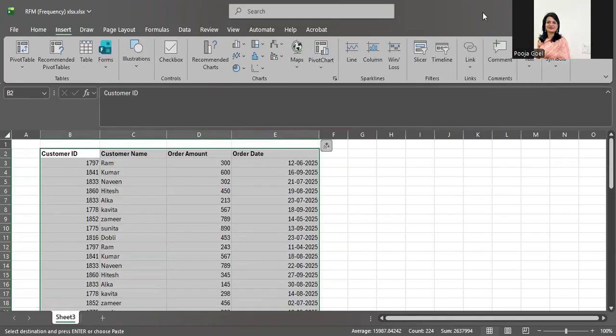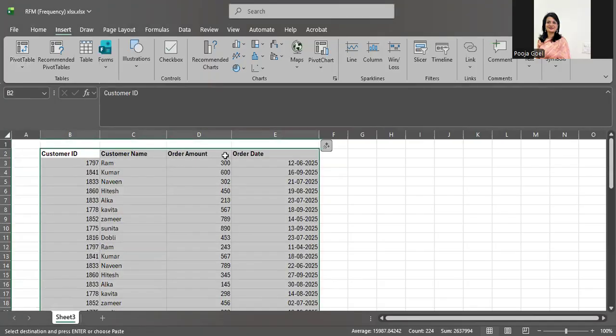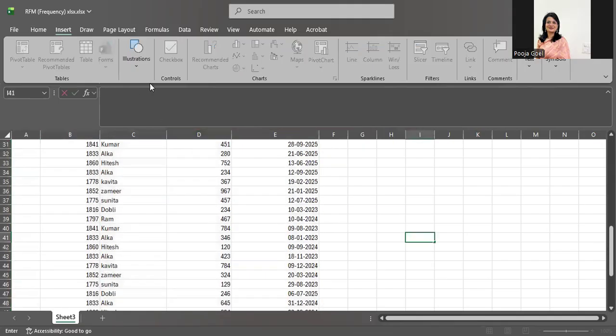Then I go to the Insert tab. Within the Insert tab you will find pivot table.